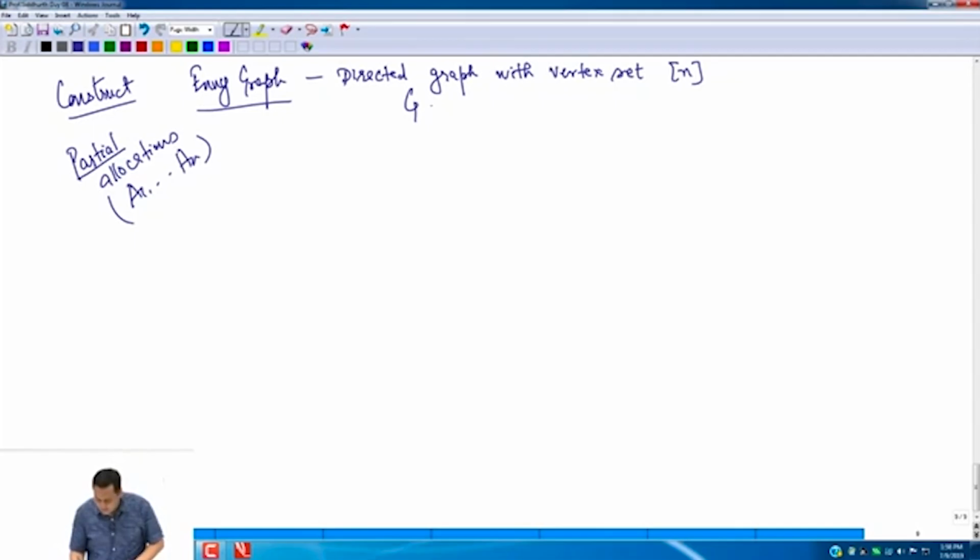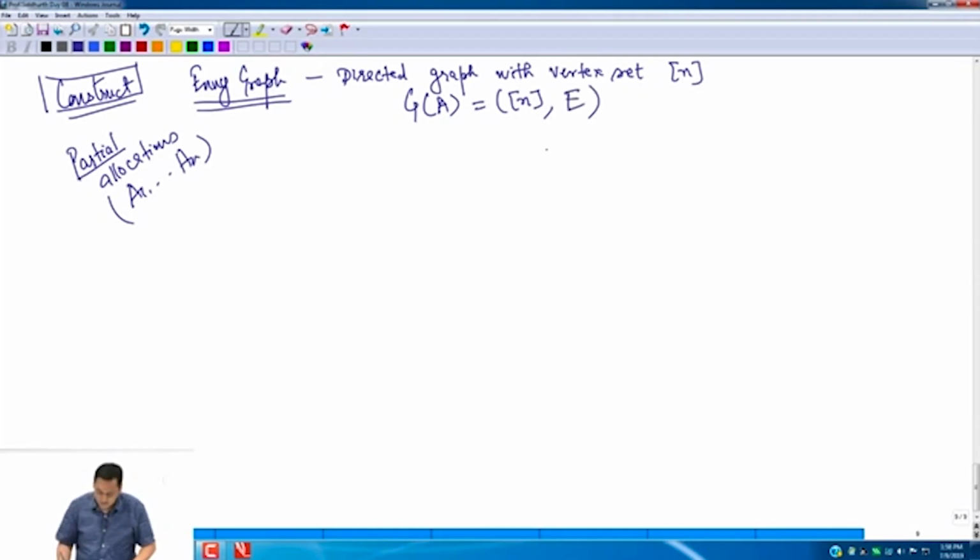And for every partial allocation, I can define this thing. So this here is a definition of this object that we are studying. The graph has some vertex set, which is nothing but the set of agents, and I have a set of arcs, a set of directed edges, and here the point is that I look at an edge between two agents, two vertices i and j, and this is included in the edge set